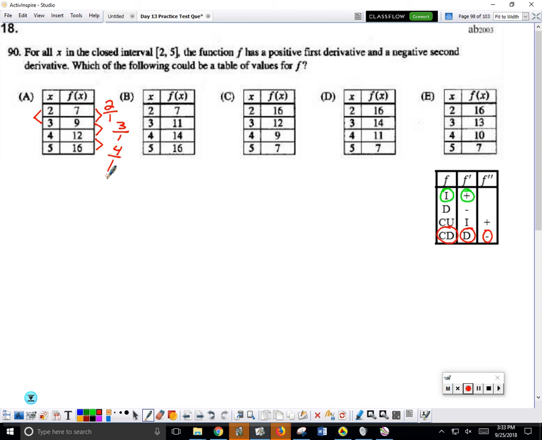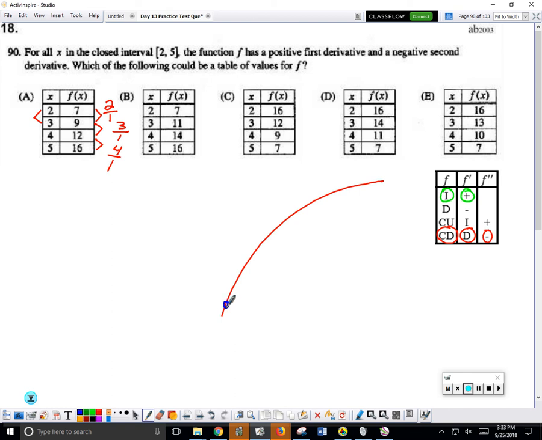That could be a value of... I'm not sure what you mean by a value. So you're trying to find the table of values for x. Oh, right. So could this be a legitimate f function? The answer is no. Because f is concave down, which means if you go from point to point like this, from secant to secant,